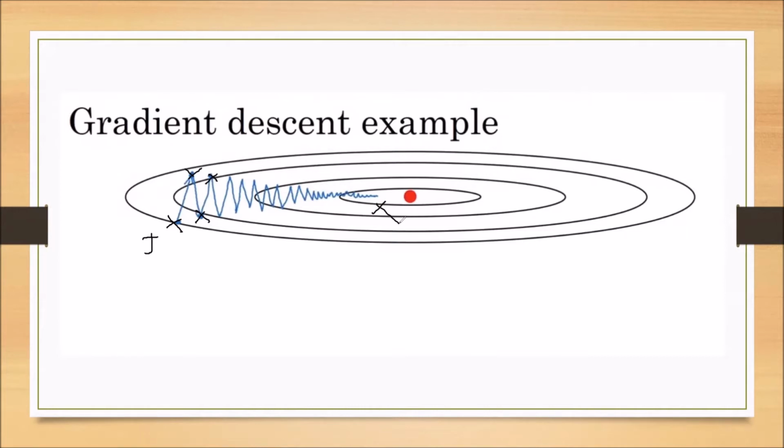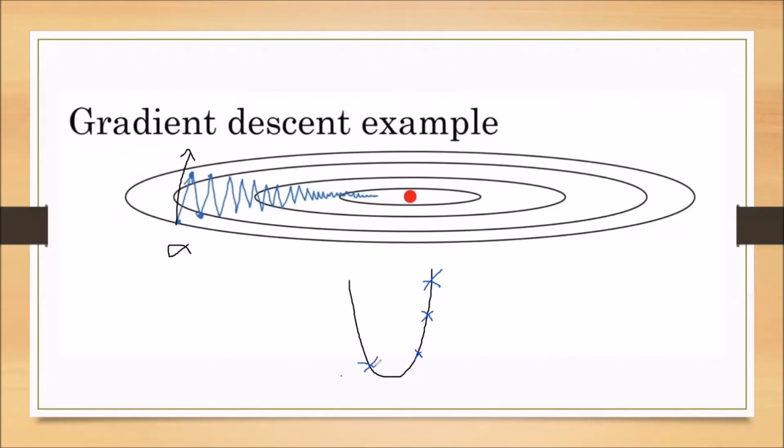If we can find a way to reduce these vertical oscillations, it may take a lesser number of iterations to find the minimum value. That's why we always insist on taking a small alpha. If we take a huge alpha, it may overshoot, it may take a divergent step. It is like when we are finding the minimum value of this parabola: initially it starts from here, then the second step, the third step, and the fourth step. If we take a huge, big step, it may not find the minimum value.